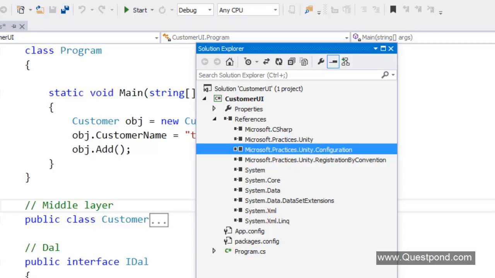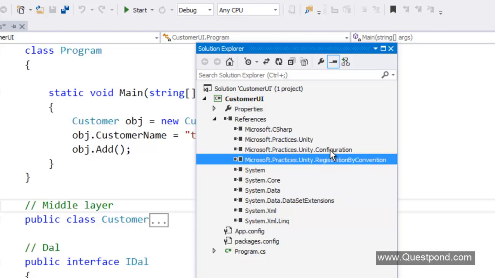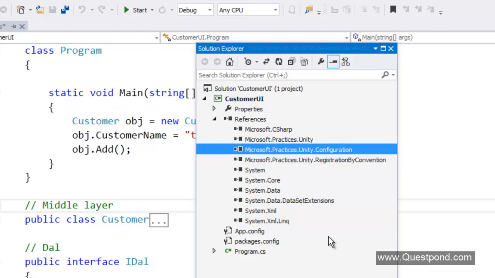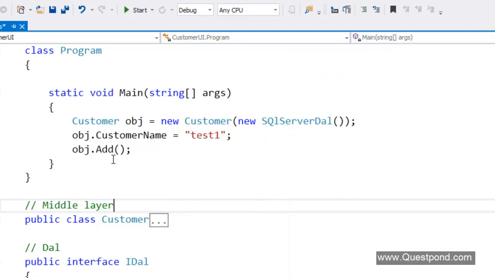Such kind of configuration you can define in the XML file. To read that XML file, Microsoft.practices.unity.configuration will help you out. So Microsoft.practices.unity and registration by convention actually do the injection, and unity.configuration reads the configuration from the XML file and applies it to your code.